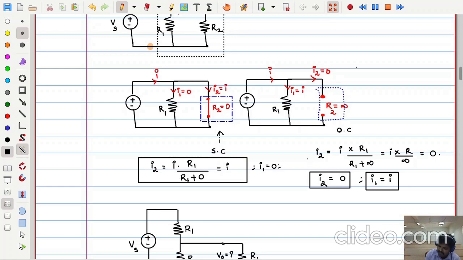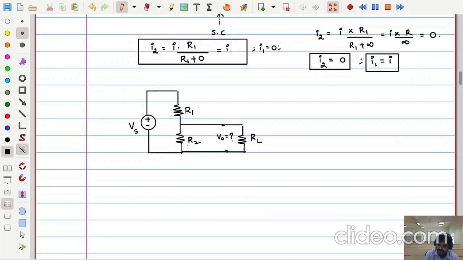Try to observe these two situations, which are very, very important. These are situations we come across in circuit analysis again and again, so one should have a better understanding of all these things. Clear? Next, let us see a simple application of this voltage division rule when the elements are connected in series. So try to observe that.